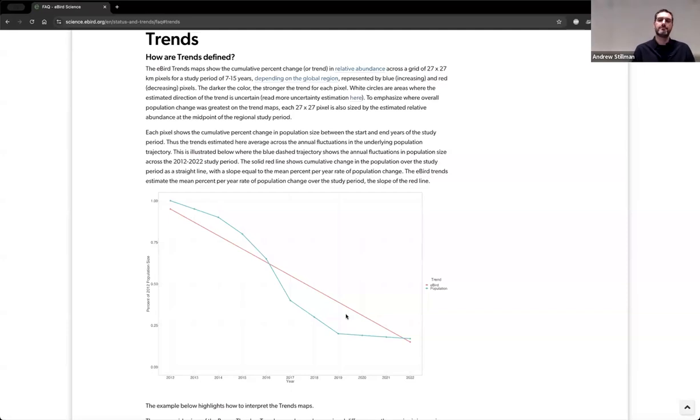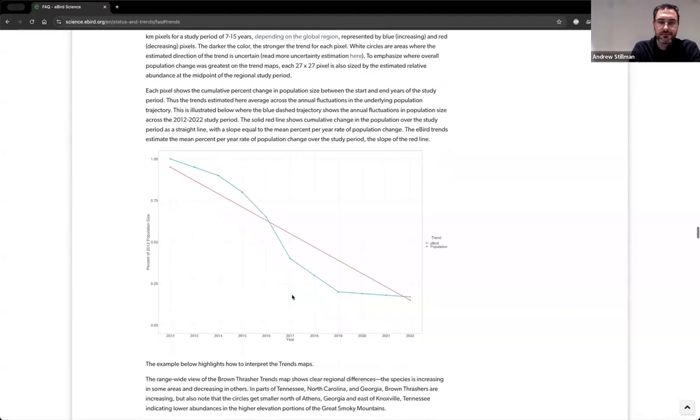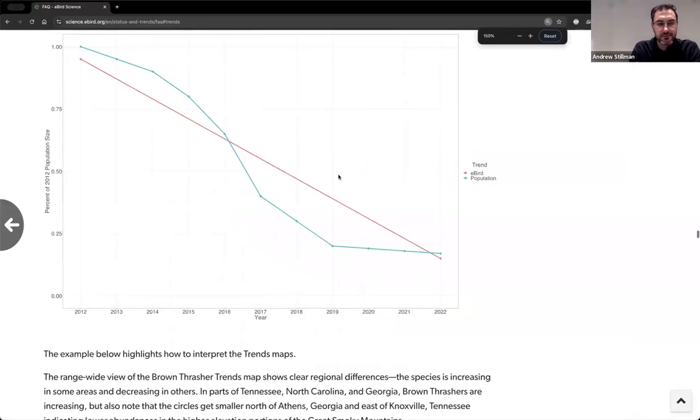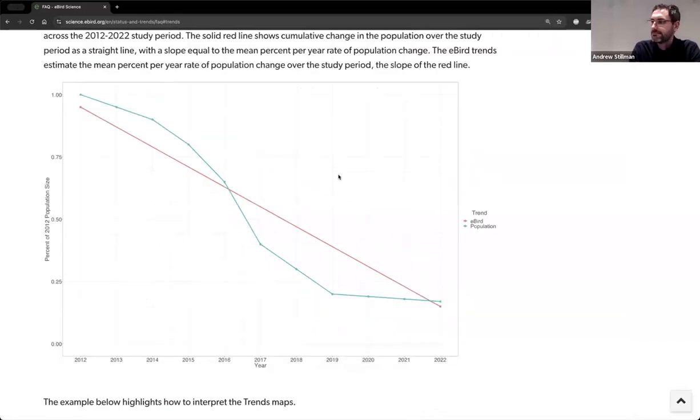So we've had a lot of questions about what we are estimating, and this is the slide that I wish I'd put in the beginning of my presentation. There's an FAQ item about this, but the font is a little small. That's better. We'll just zoom that in a little bit. The blue line here would be what's actually happening with the population. This is just an example over a period of time.